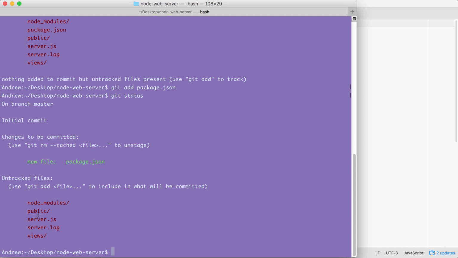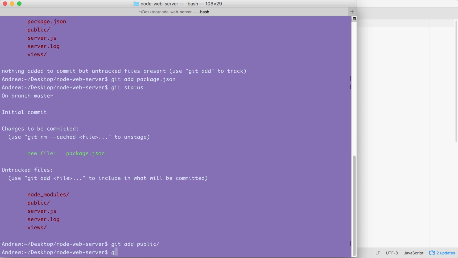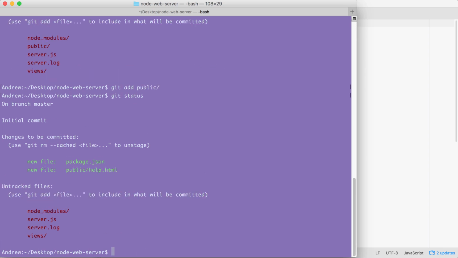Now we can move on to adding the 3 others. I'm going to use git add again to tell Git we want to track that public directory. I can run git status to confirm it was added as expected. Right here, you can see the public help file is now going to be committed to Git once we run a commit. Next up, we can add server.js with git add